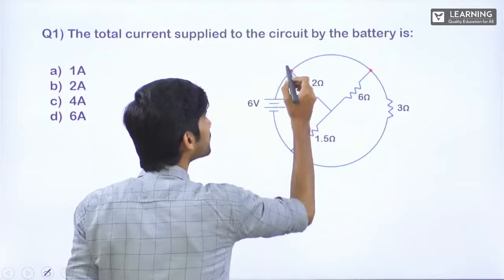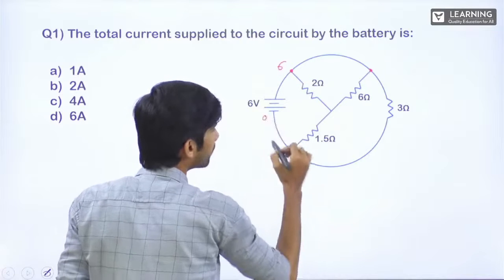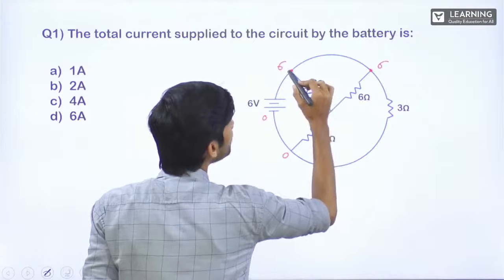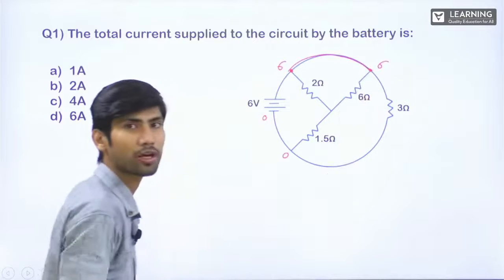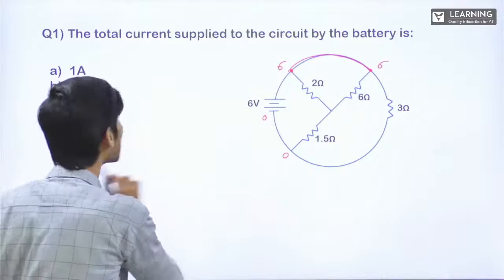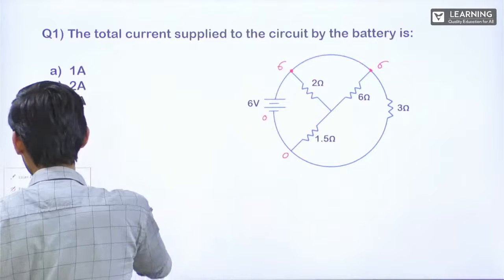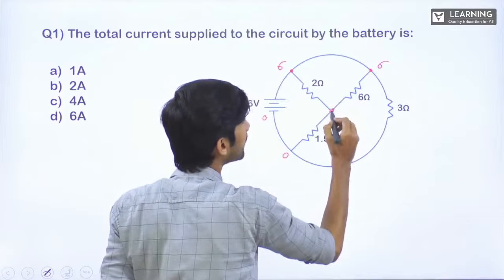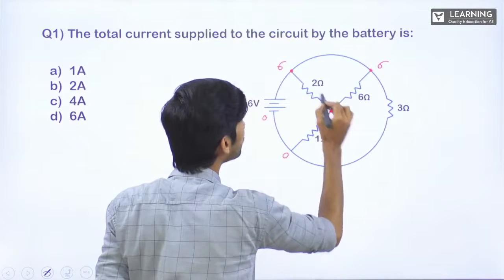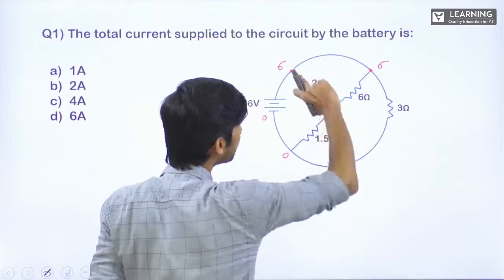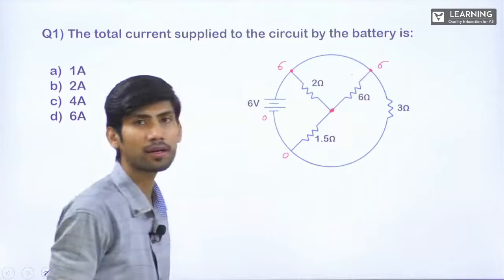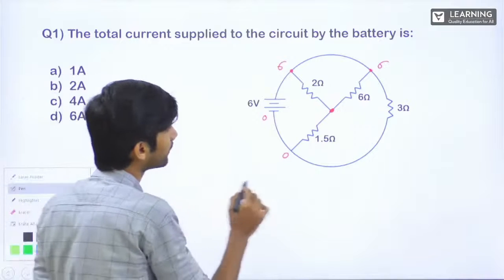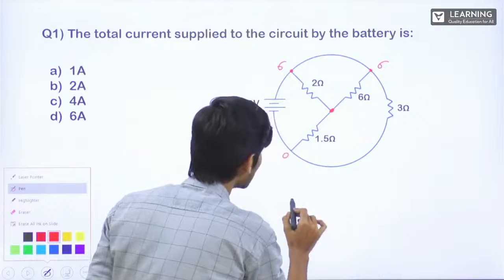If I go here, 6 volt will be here, 0 is here, right? 6 will be here, 6 will be here also, because there is no resistance in the middle where the drop is happening, correct? So since both are at same potential, for this resistor there are 2 points, this and this. For this resistor there are 2 points, this and this. These 2 points are same. That means this resistor and this resistor are in parallel. Are yes or no? If these 2 resistors are in parallel, I can redraw this circuit as